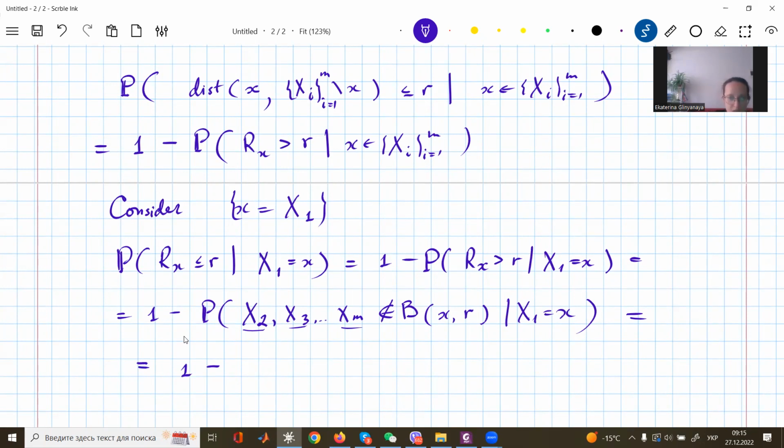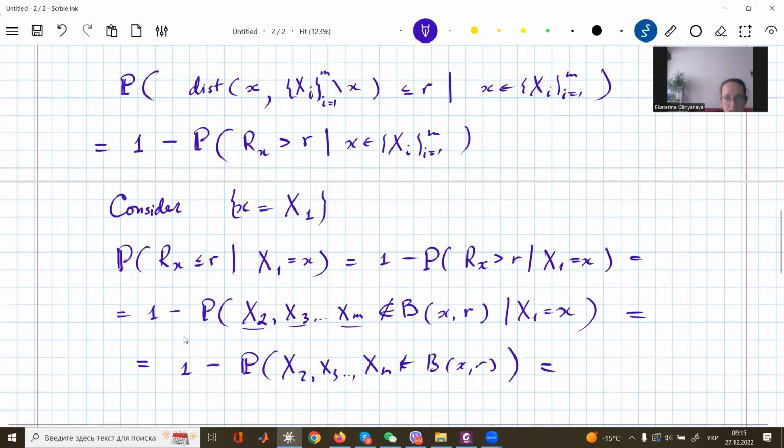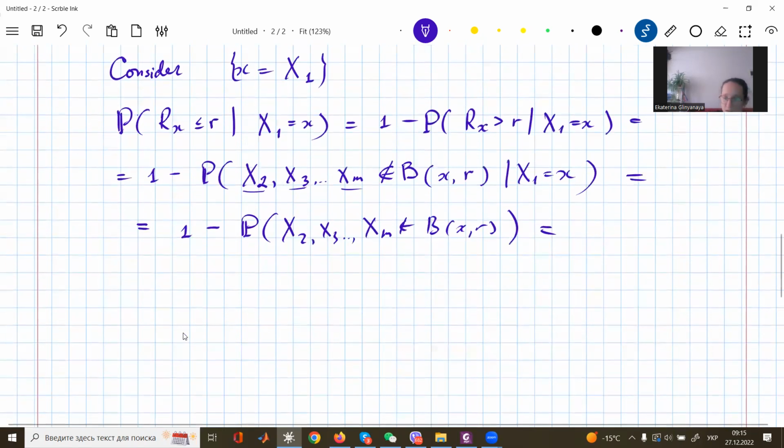So I can write the probability that x2, x3, and so on up to xm does not belong to this ball. And now these points are also independent, so this probability will become a product of probabilities,